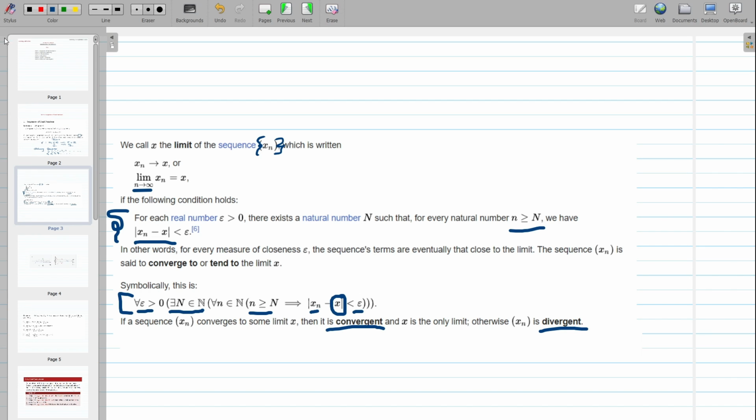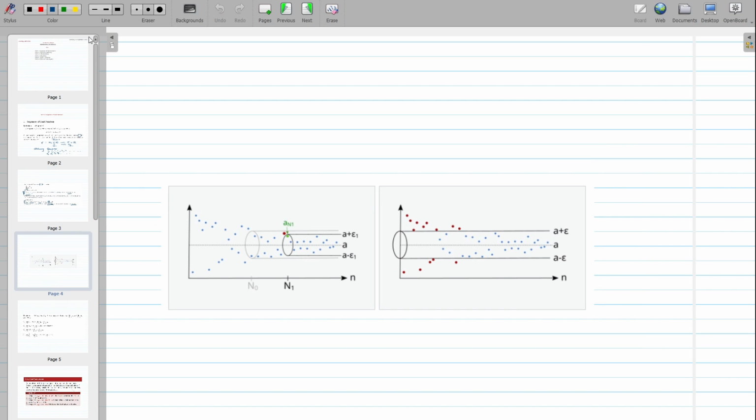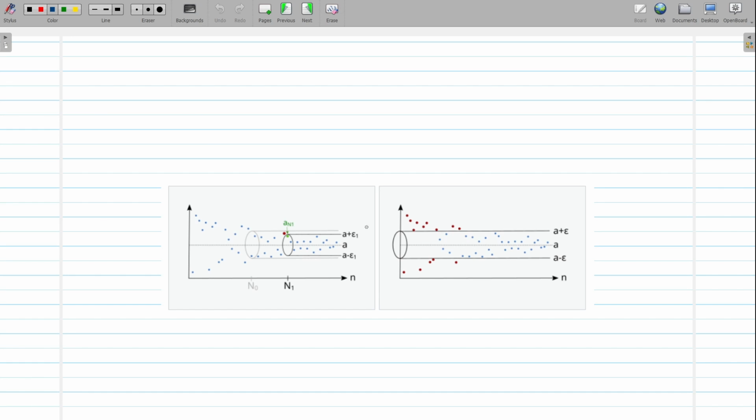And then let's look at the diagram here and see what is happening. So let's first of all look at this diagram, and then we can move to the first one. If you look at the first diagram here, let's examine what we have. All the dots here represent the terms of my sequence. Now, we can see here that starting from this point here,